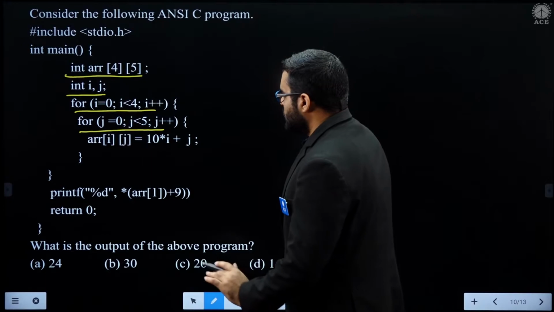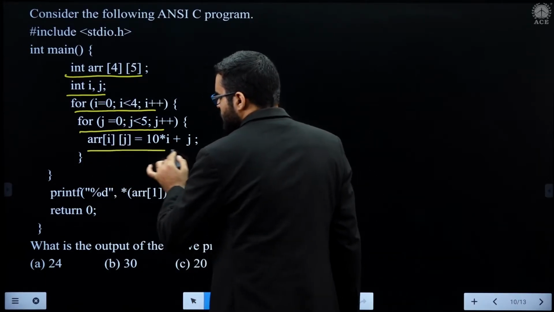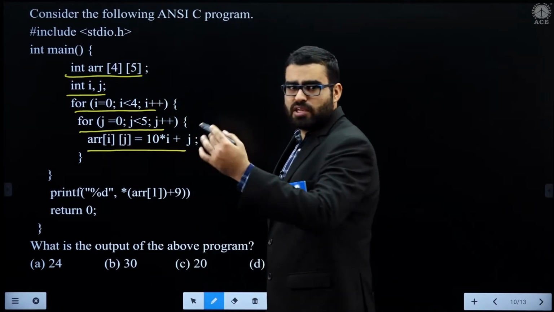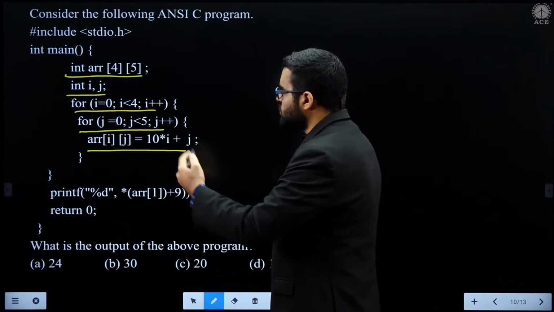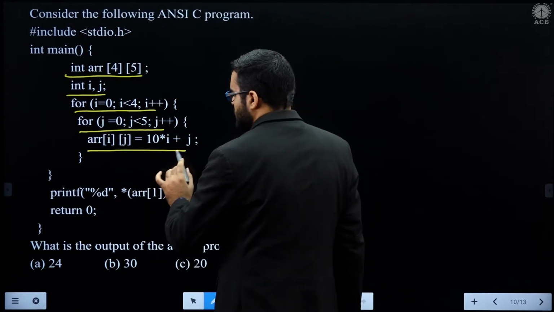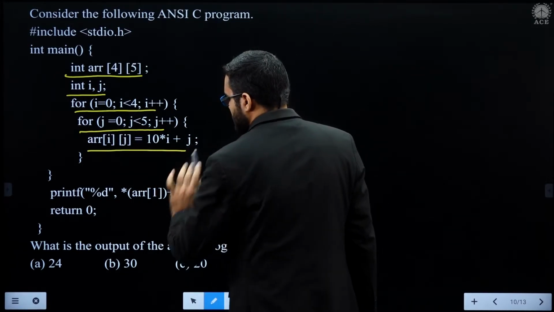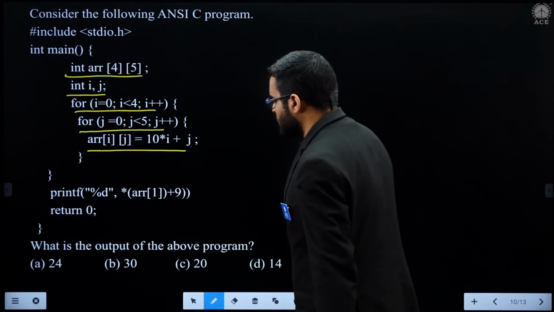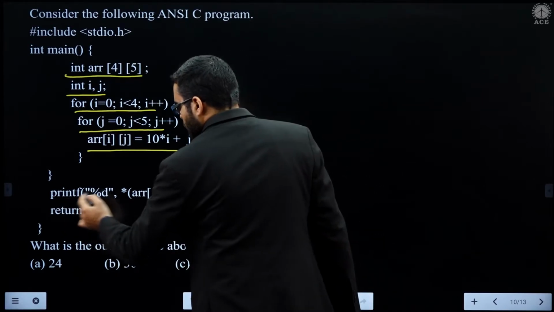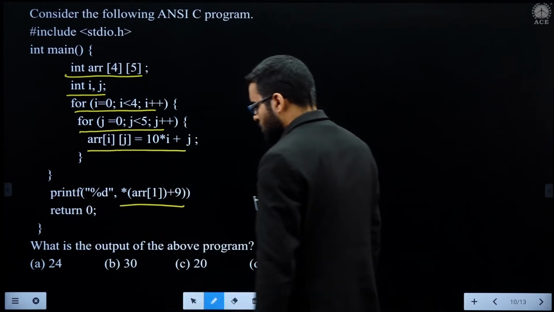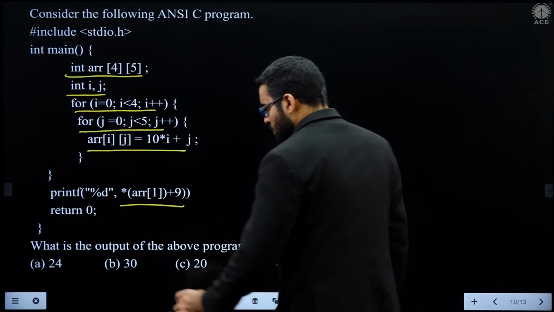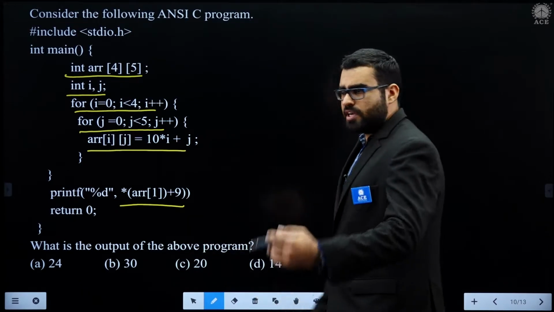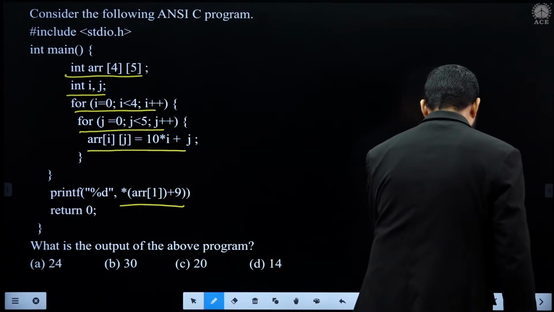First we are initializing the values in this array: a[i][j] is equal to 10i plus j. After that this for loop is over. Once it is over, we print the value. Finally he is asking what is the output of the above program, what value we are printing. Let's solve this question one by one.